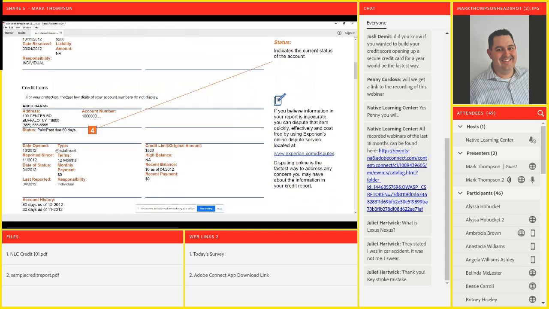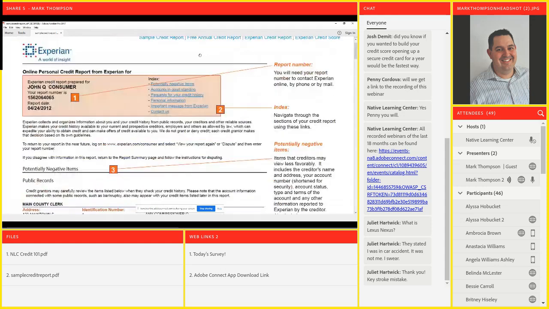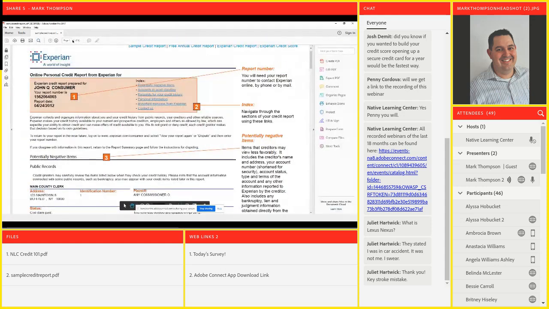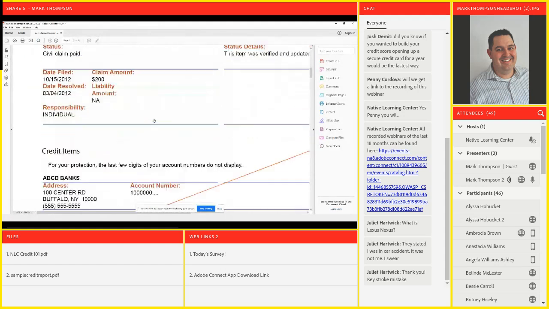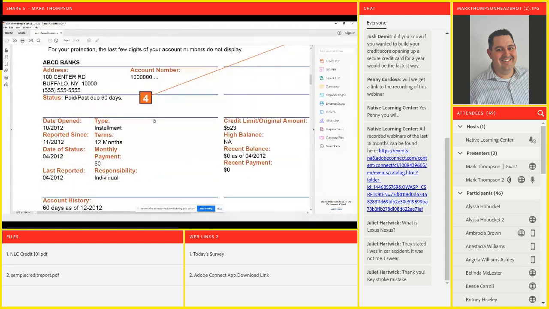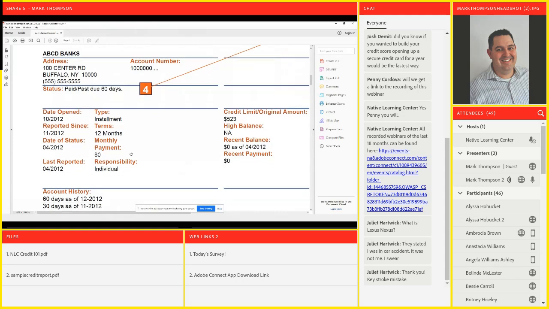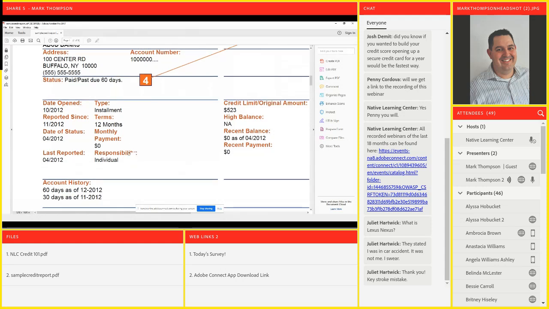And if you look down here, I hope everybody can see this, let me see if I could make it a little bit bigger. Oh, there we go. I just want to show you that we just talked about this. Here's installment, right? So this was an installment loan. This was some sort of loan that he was paying off, and he got past due for whatever it was. He ended up getting it paid, but at the time it went 60 days. But even though he's paid it, it is still being reported there on his credit report, right?